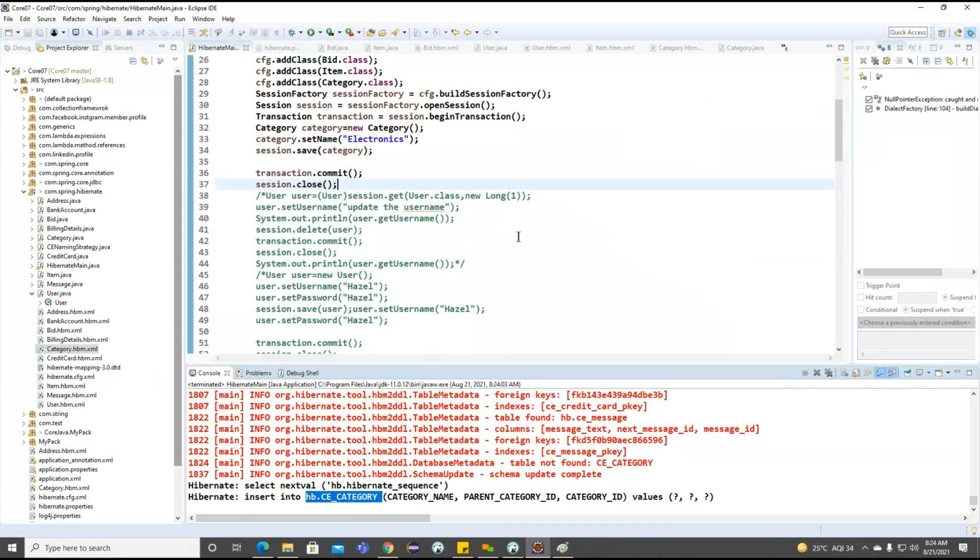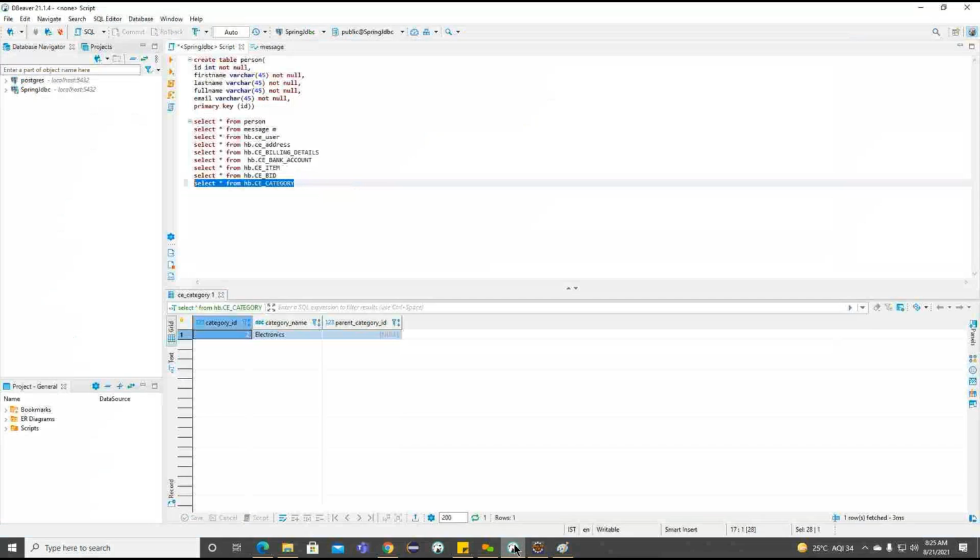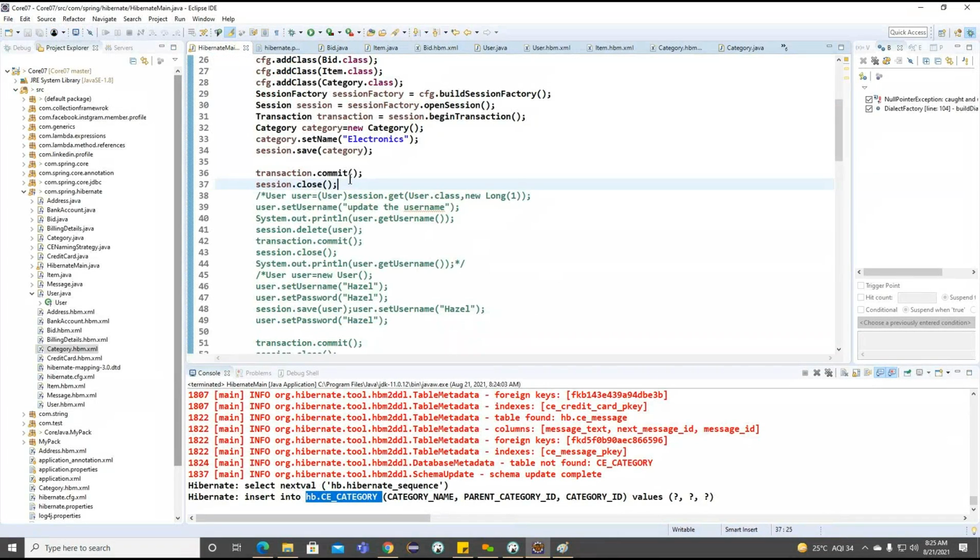Okay, now we need to add two child categories here. To add these two child categories, what is the ID we are having for this particular category? So the ID we are having is two. Okay. And now we can see the particular ID.